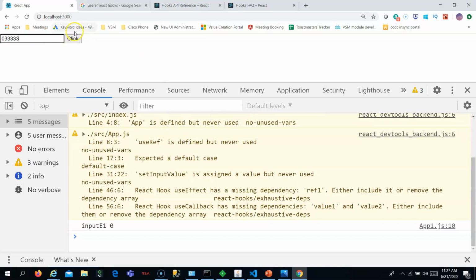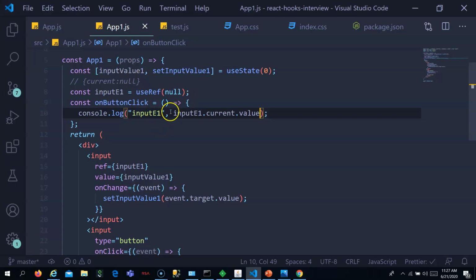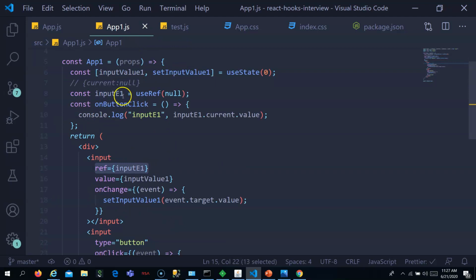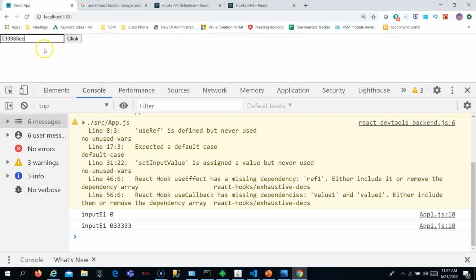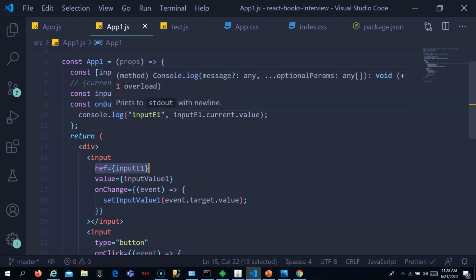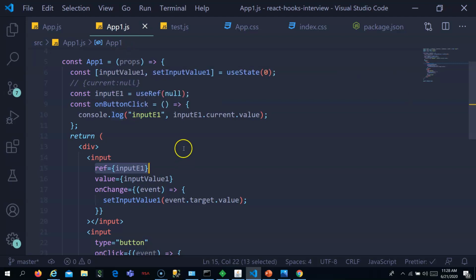So this current points to the input DOM element, because we have used the ref here. inputEl.current gets changed whenever this DOM element changes. So the ref made sure that inputEl.current gets initialized with the changed DOM element, and it points to this input element's DOM element.